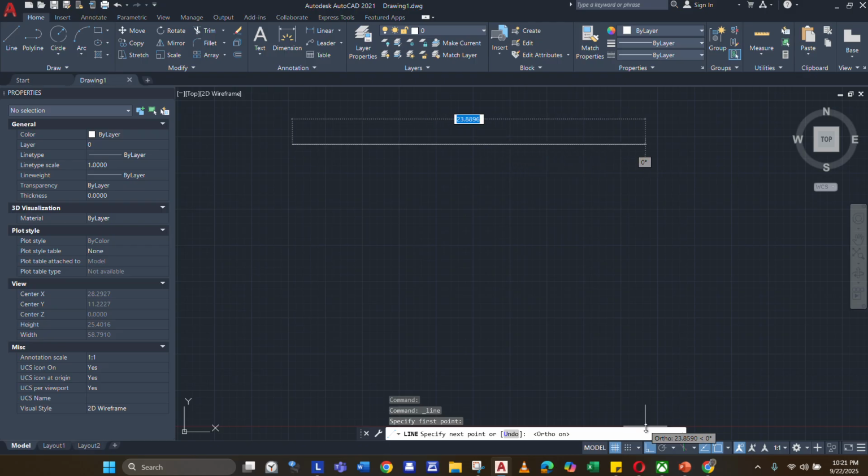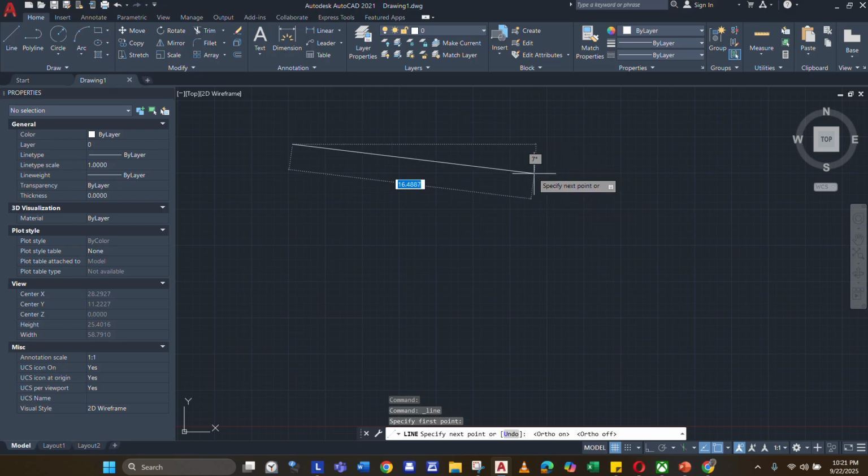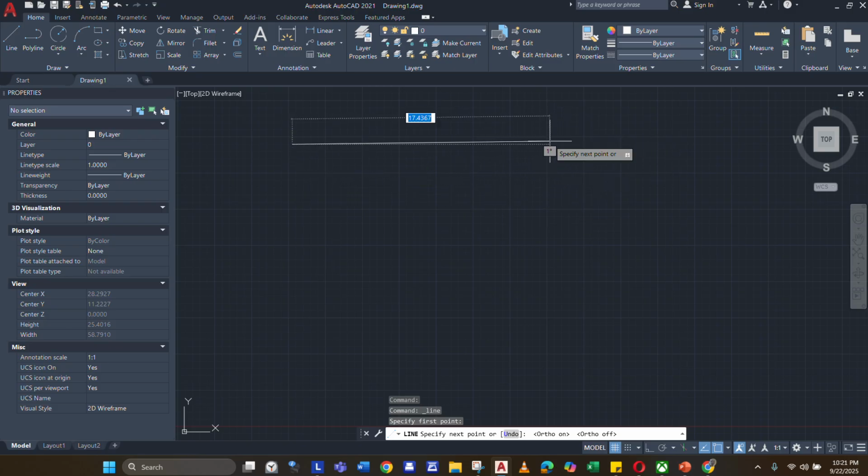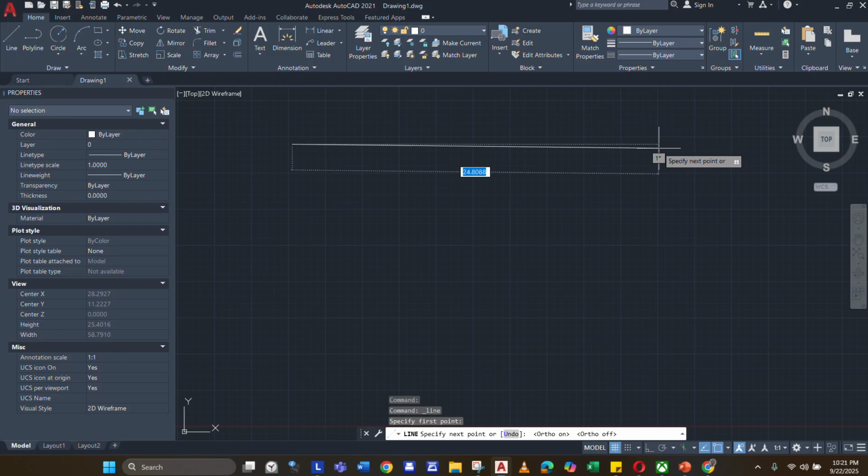Now if I turn off the ortho mode, it goes back to a line that is not straight, because you can't really determine it on your own without ortho mode. You can tell that it's not straight, but you can't make it straight without the ortho mode.